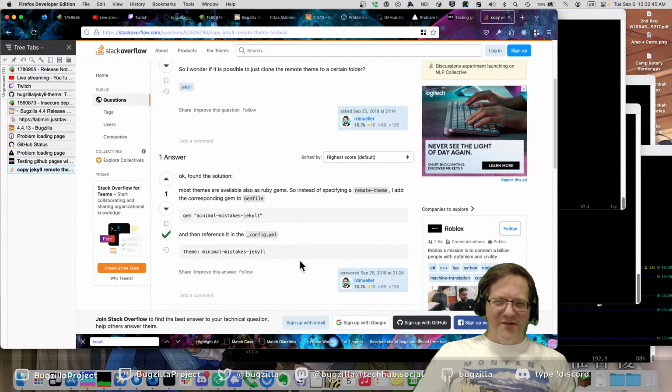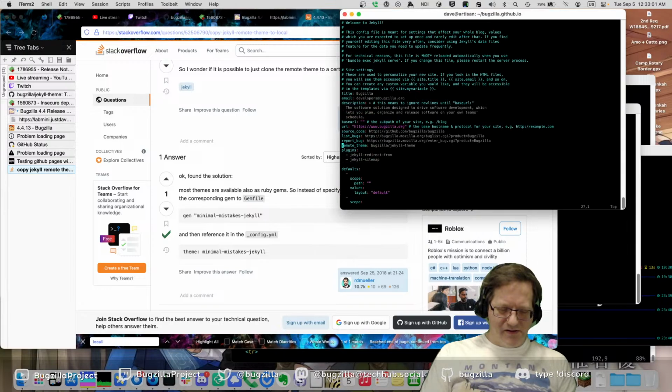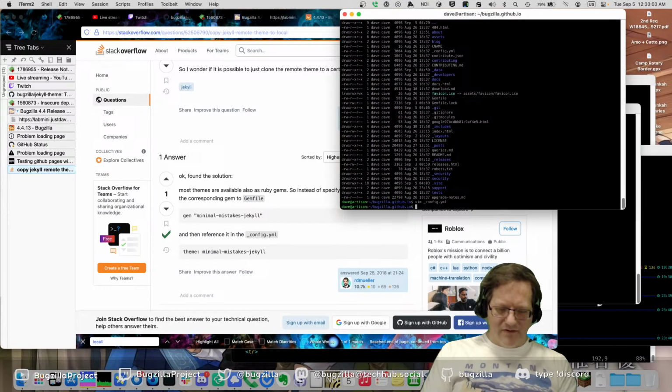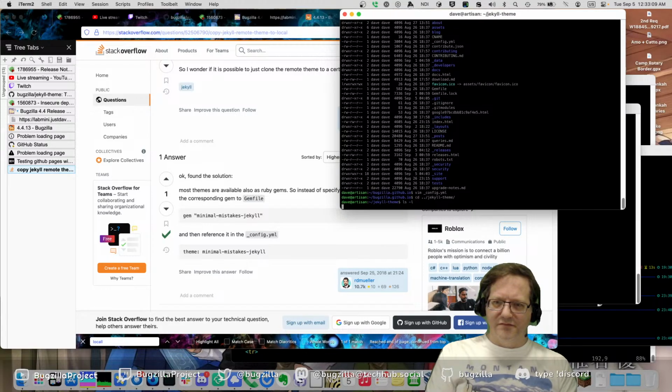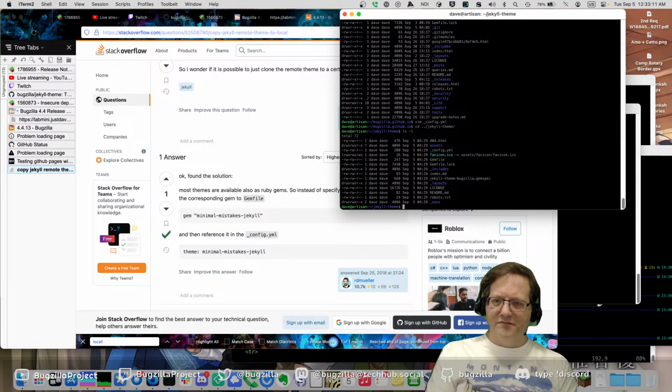Most themes are also available as Ruby gems, so instead of specifying a remote gem or a remote theme file, they add the corresponding gem to gem file, then reference it in the config. Makefile or anything.